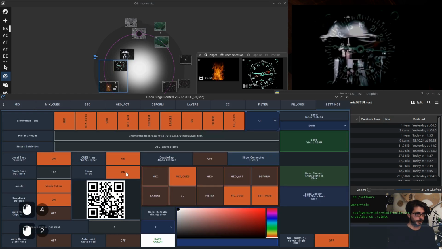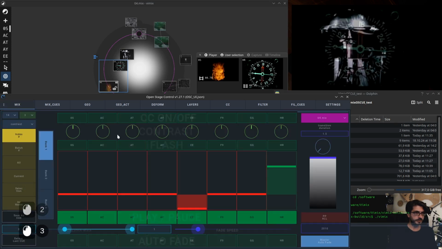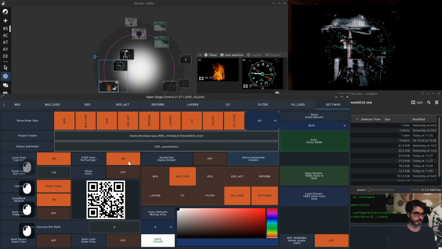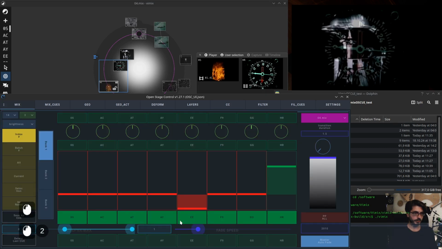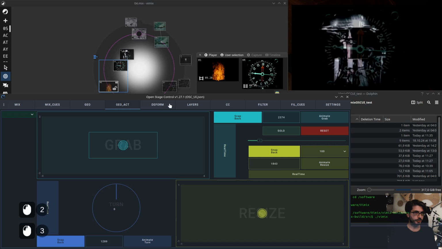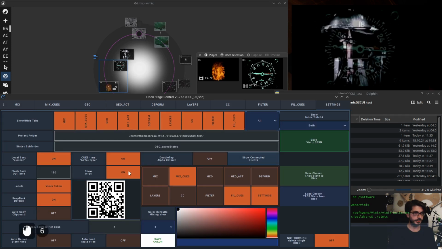Show infos. This is also about the mix file. You can see in the background little info text on what the rows mean. Color correction on off. Contrast is actually the actual chosen feature of color correction here. And if you turn these to off, they are just gone. Also the play and fade here. So there are a few more on other tabs. I don't know which ones exactly. You have to figure out. Okay,